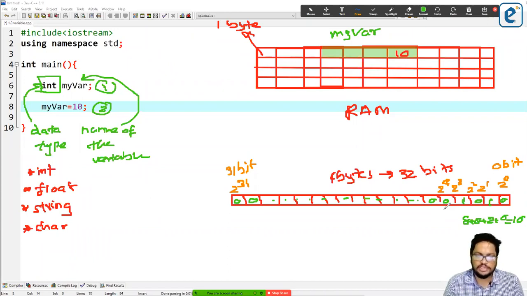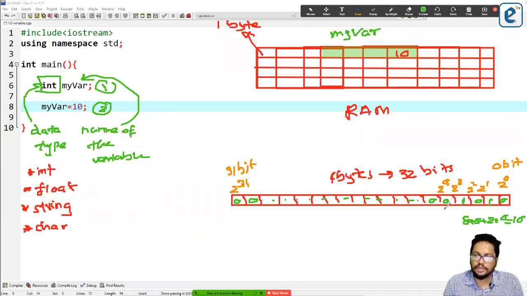When you are going to assign a value, like 10, right, it will be saved like this. In your RAM, from your unallocated memory, 4 bytes will be reserved, and whatever value you are going to assign will be saved in that reserved memory. To be exact, this is how it will be saved.